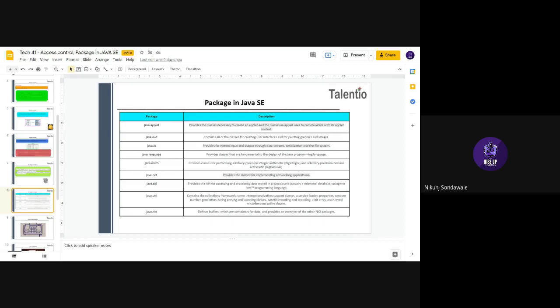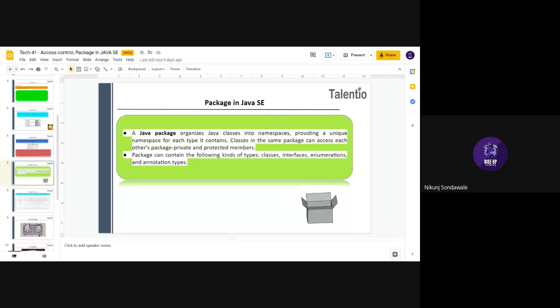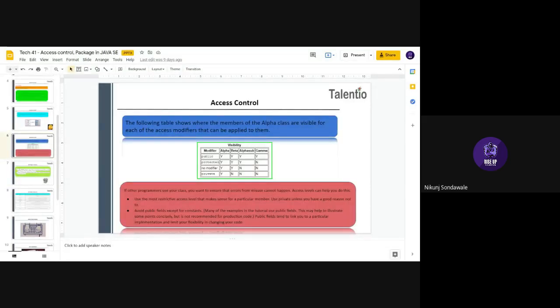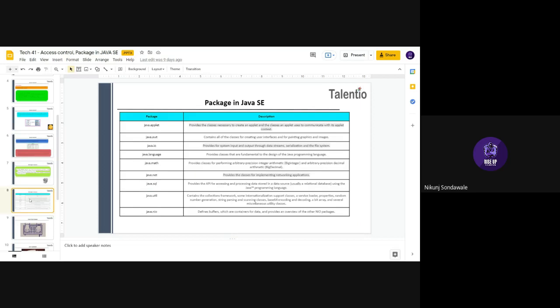The first one is java.applet, which provides the classes necessary to create applets and to communicate with the applet.